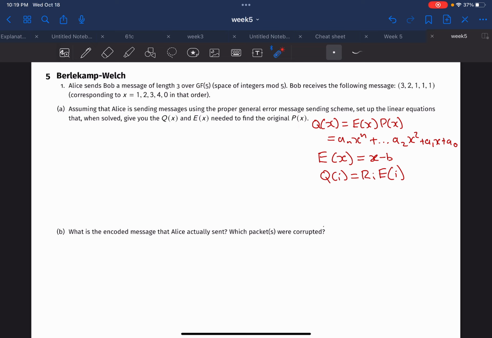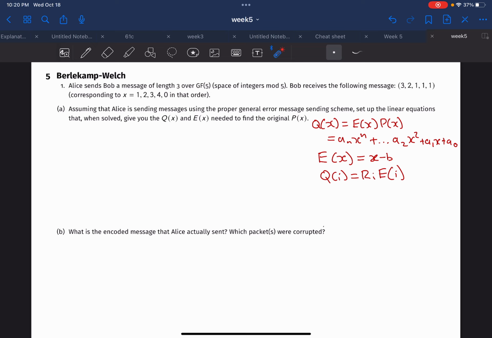So we know that Q(x), which is the received message, takes this form: E(x) times P(x). And Q(x), the form that it takes, since it's a polynomial, is a_n times x to the power of n plus ... a_2 x to the power of 2 plus a_1 x plus a_0. And we know that E(x), the error polynomial, takes this form, x minus b. And for finding the linear equations that we need to solve the linear system, we can plug them in to